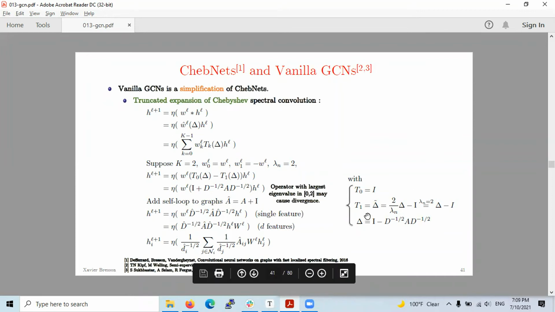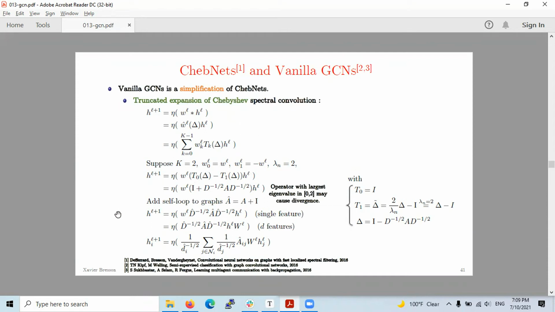If you notice here, these are all recursive operations. When he discusses that this is a simplification of ChebNet, there is some sort of mathematical reaffirmation that the way the vanilla GCNs in the spatial domain are done is consistent with what was being done in the spectral domain as well. So the nearest that he goes to is the Chebyshev polynomial-based spectral convolution.